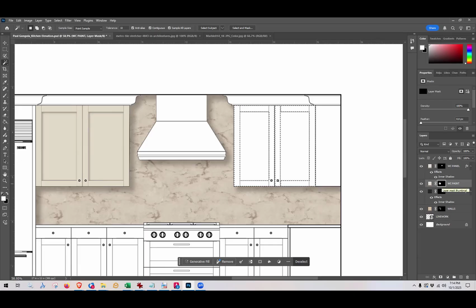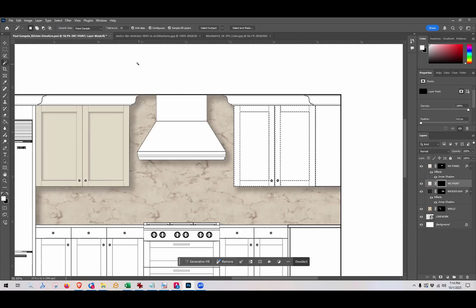So when I select this, over here on the left, if your color picker was not set to black and white, it will set to white and black. So I want to put some holes in my layer mask where these are. And so to add holes, I am using the color white. So my foreground color is white. And now I'm going to flood this area